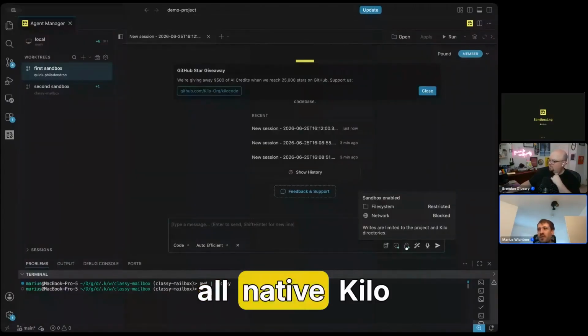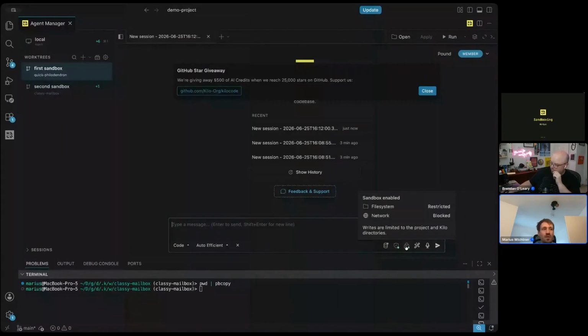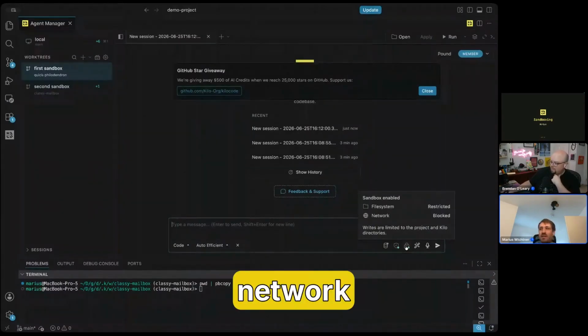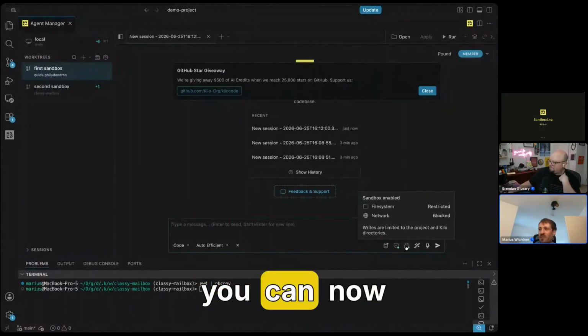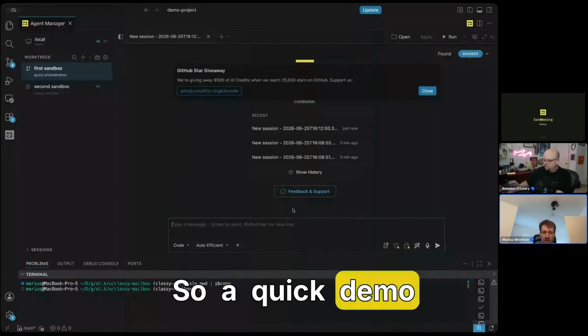But other than that, all native Kilo tools and everything else will not be able to bypass this and access the network. And what's cool is you can now safely press the auto approve button and do everything you want. So a quick demo of this would be,